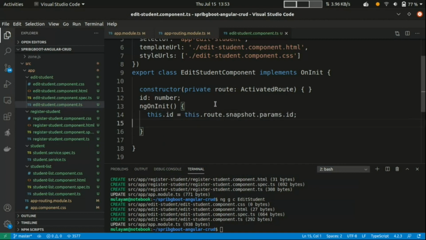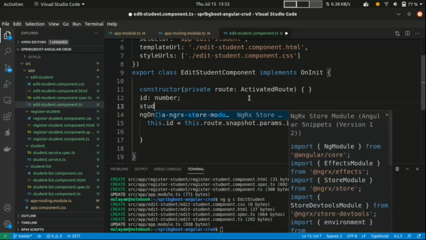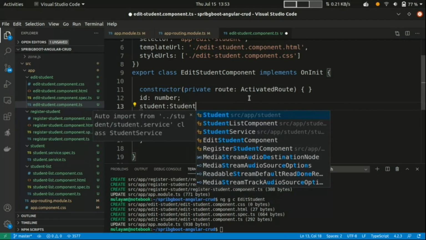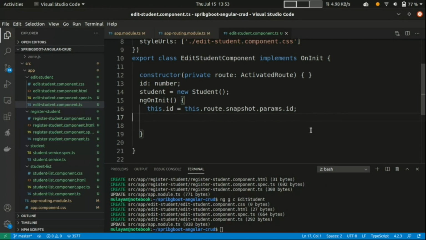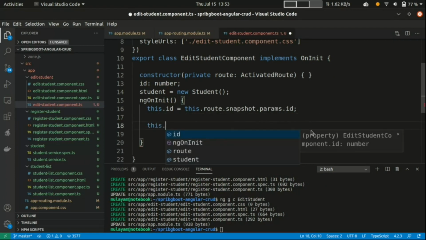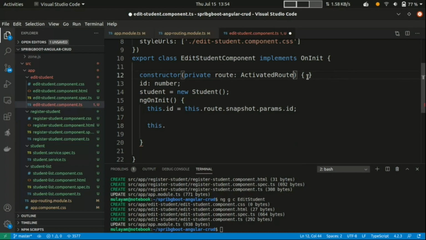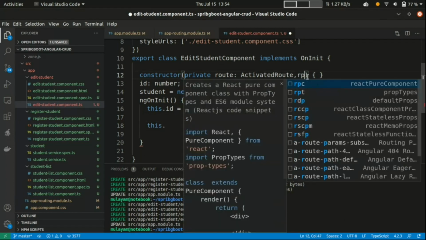Now the next thing is I want to get the data for this student. So let's add one student here, in the same way as we did in create student. Just get the existing data for this ID. So this.studentService, I want to call student service to get student.